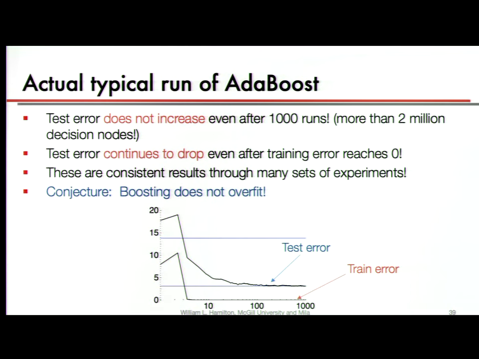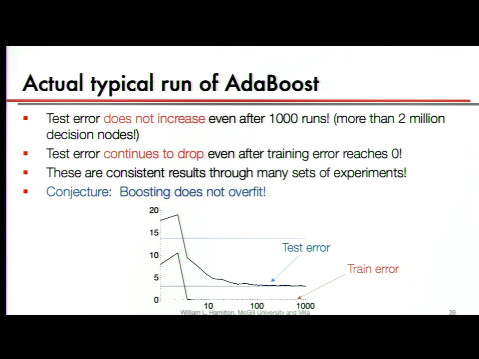Interestingly, empirically, this doesn't really happen with AdaBoost. Despite the fact that theoretically you'd think, well, this is a bias reduction approach, so as we're adding more and more models, we're going to get increased variance and start to overfit. This really doesn't happen. A typical run of AdaBoost is shown here, where your training error goes down to basically 0, but your test error doesn't start going back up.